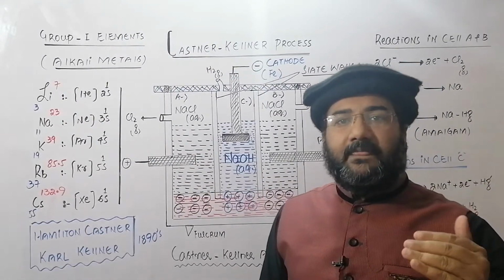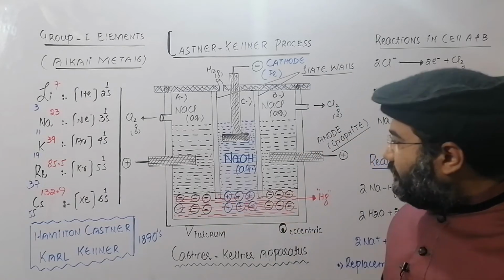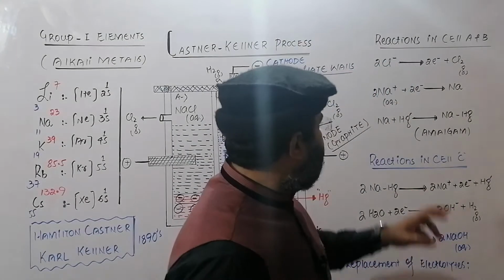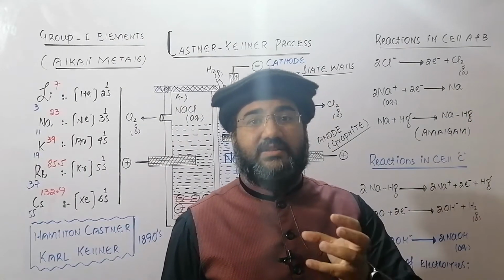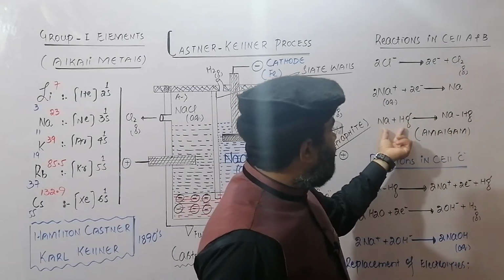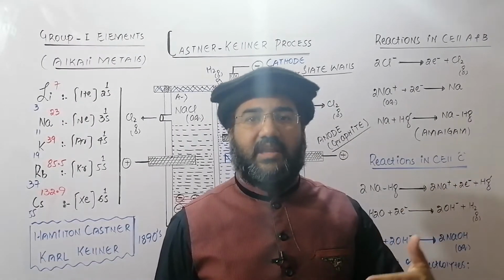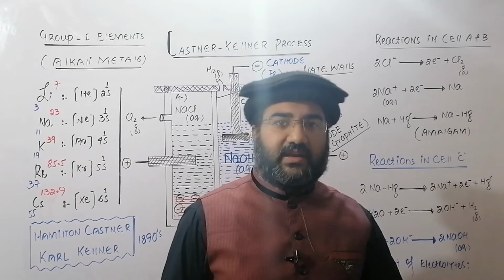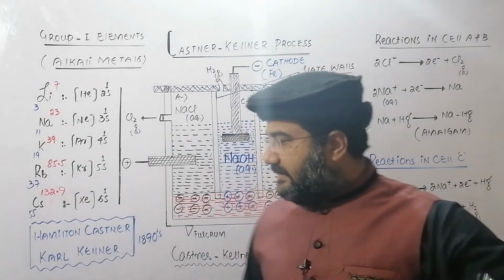My dear students, the sodium ions which are produced in the aqueous solution of NaCl move towards the cathode. And what is the cathode? That is the mercury here. After the gain of electrons, they form sodium metal. Now, you know that metals dissolve in other metals. So this sodium produced will be dissolved in mercury and will form a sodium mercury alloy, which is called sodium amalgam. Amalgam is a term used for the alloys of mercury. So sodium amalgam is produced in this mercury cathode.